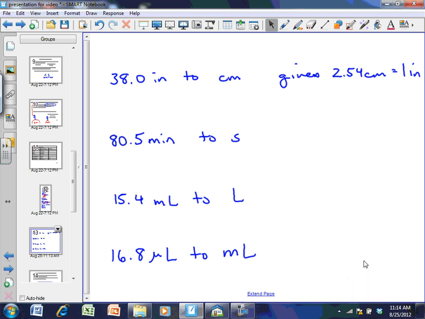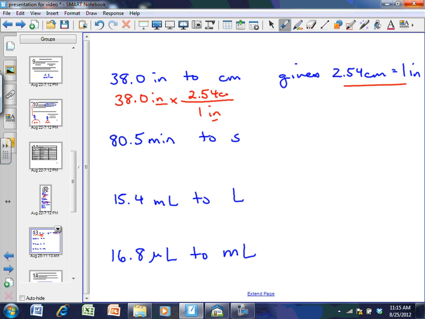Okay, let's see how you did on the conversions. Let's do them. 38.0 inches to centimeters, given 2.54 centimeters is equal to an inch. Start with what you're given, 38.0 inches. I'm going to do these fairly quickly. And then times the conversion factor, 1 inch. I like to write the denominator so that I know I'm canceling my units here first. 1 inch is